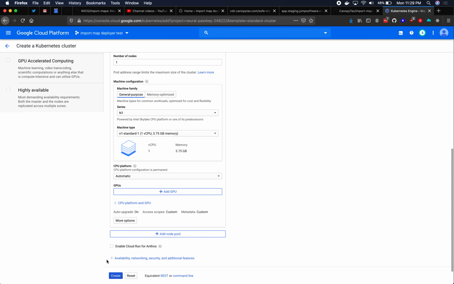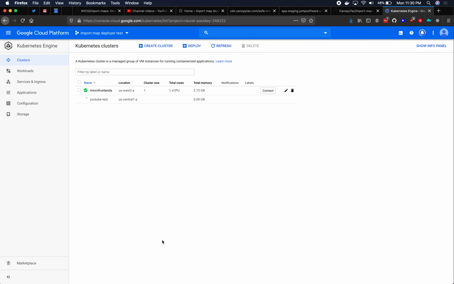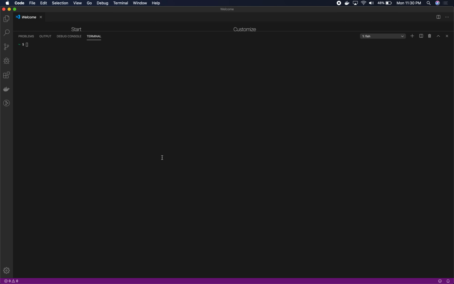Okay. And if you forget to do this here, you can't change it later within Google Cloud. So it's important that you make sure you create the node pool with the correct access. Okay. So we're creating a cluster. While that's happening, what I'm going to do,